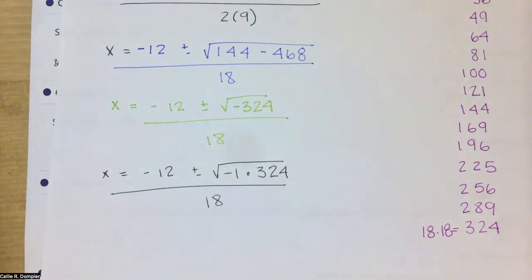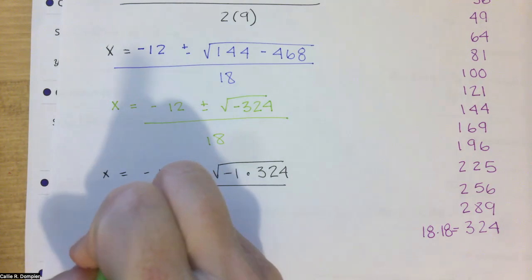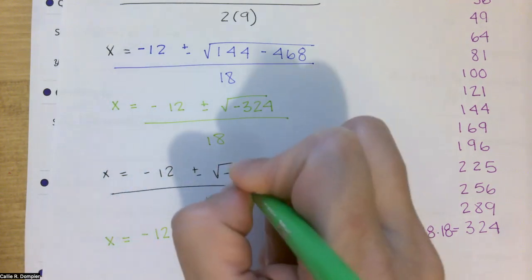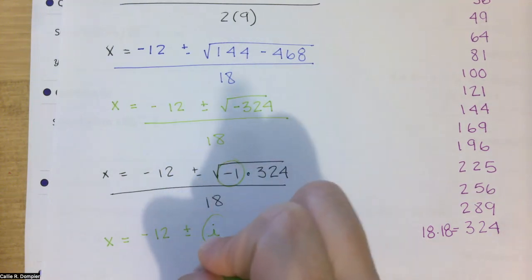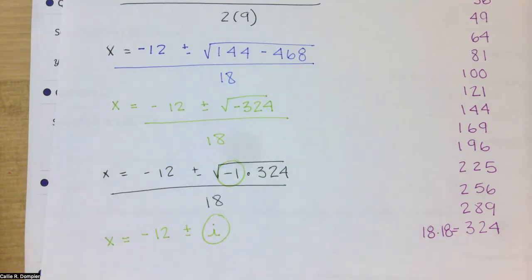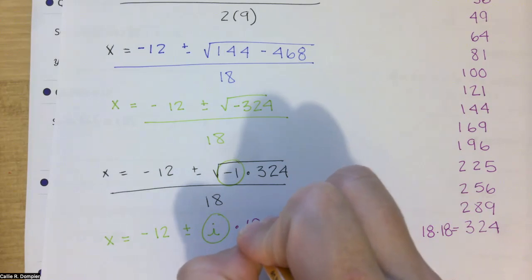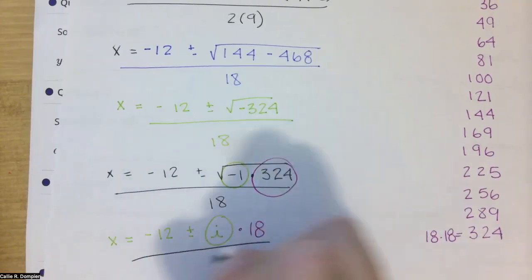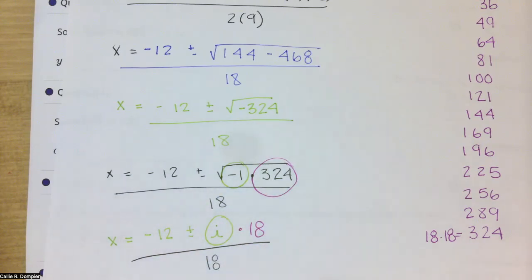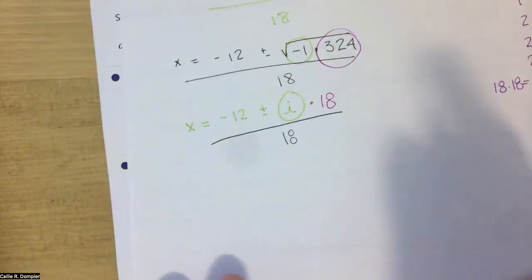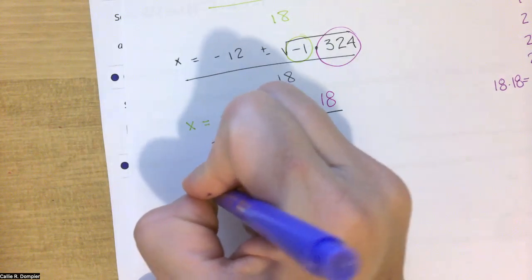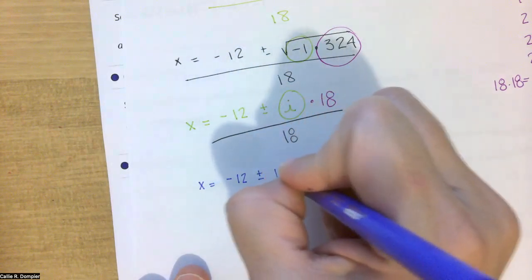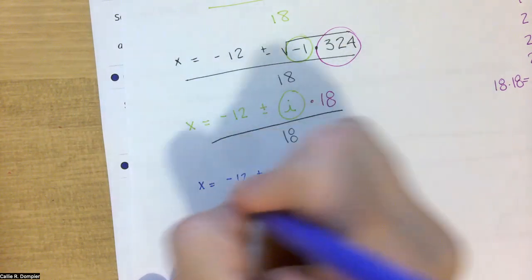So that's going to actually become x equals negative 12 plus or minus I for that part times 18 for that part divided by 18. Good? Okay, rewrite it again. X equals negative 12 plus or minus 18i, just to put it in the correct order, divided by